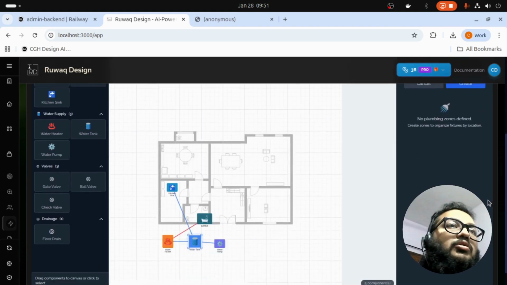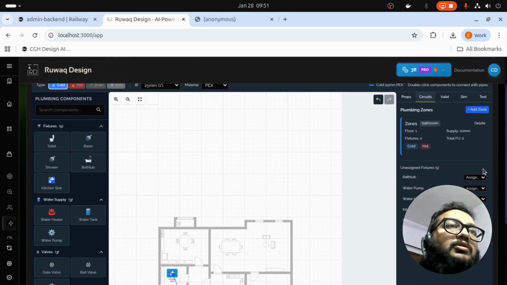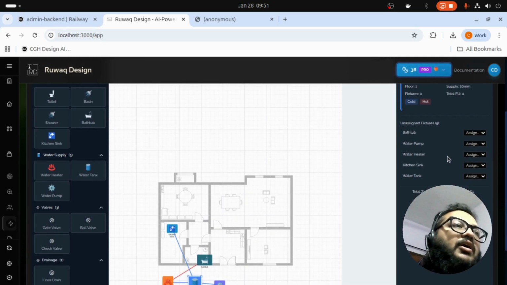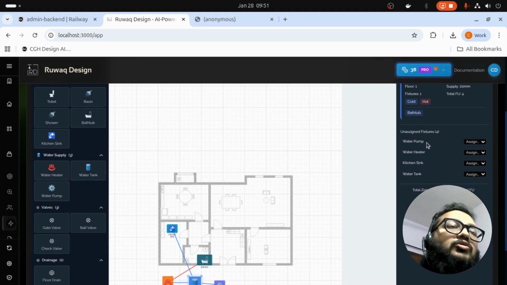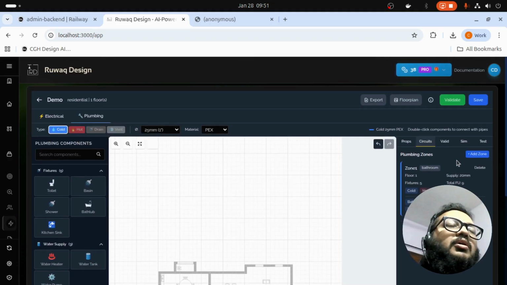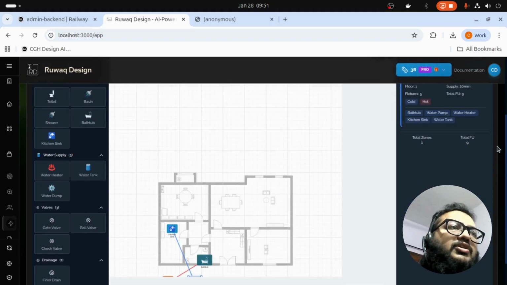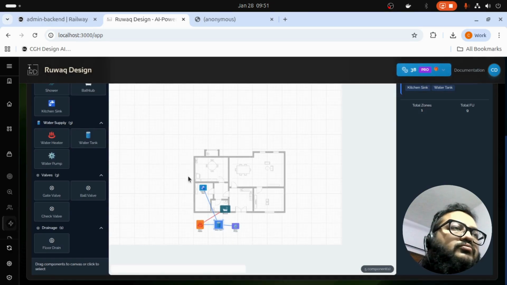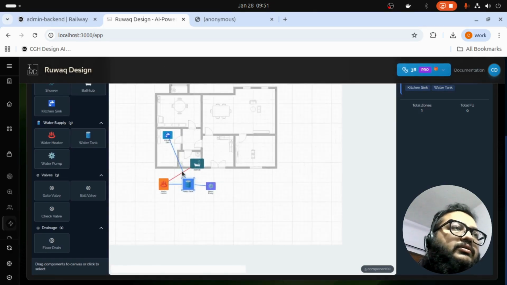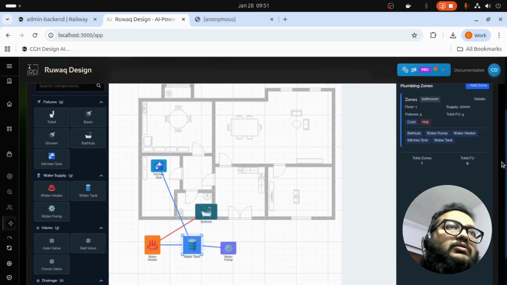Hot water, cold water, all those things are there, and we can assign different components to this zone. We're assigning bathtub, then water pump, water heater, all of these things in that zone. Now we click on saving the project,